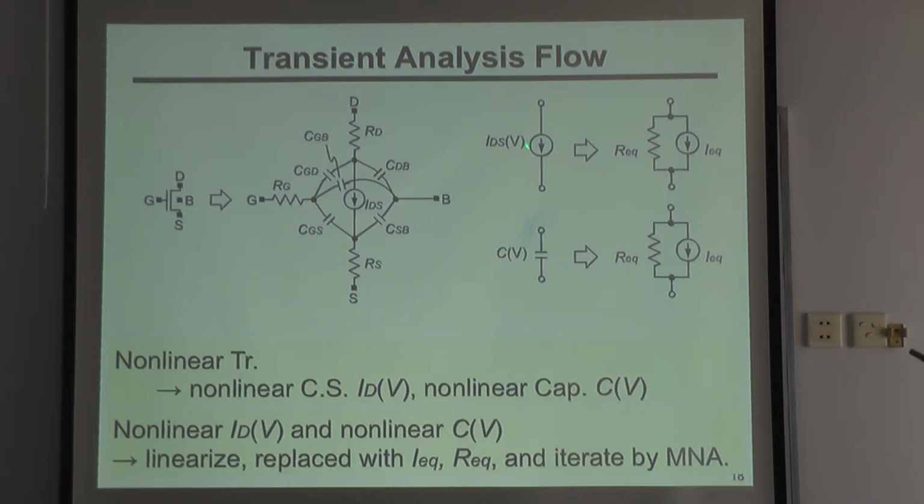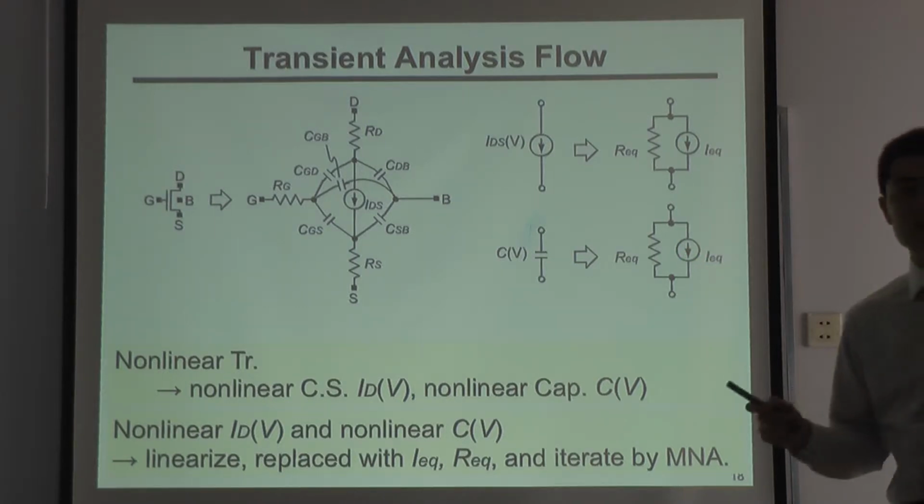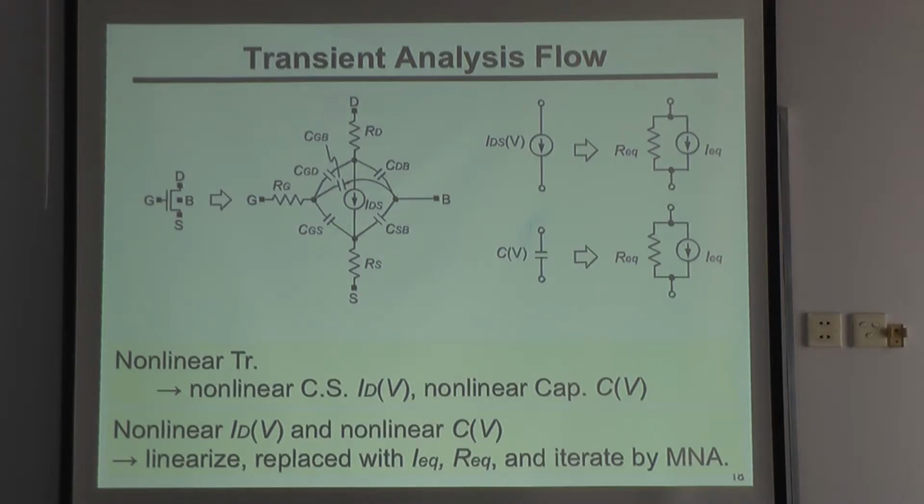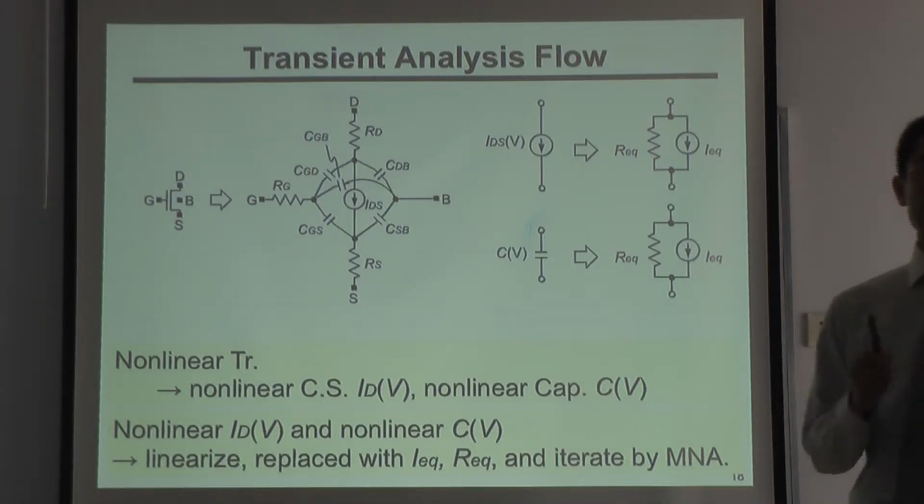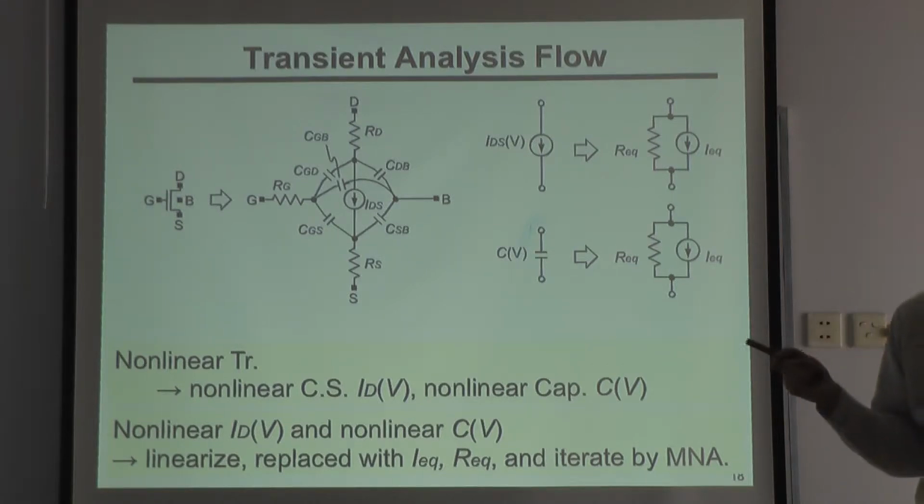And this current source are also converted into current, so equivalent current source and resistance like this. So transistors are also converted into current source and resistance. So all the linear elements are converted into current source and resistance, so that we can easily solve it by